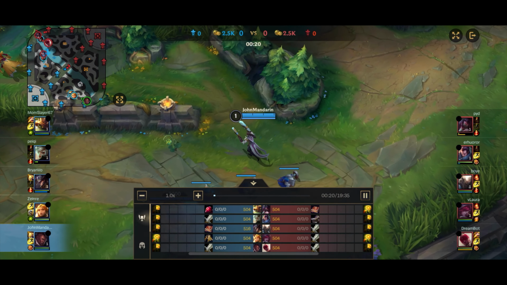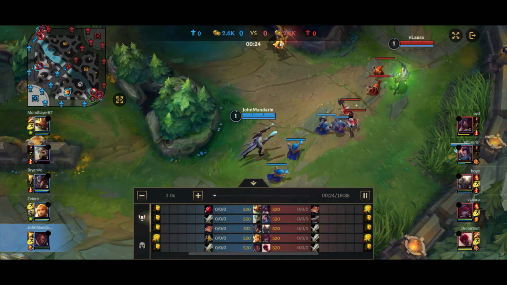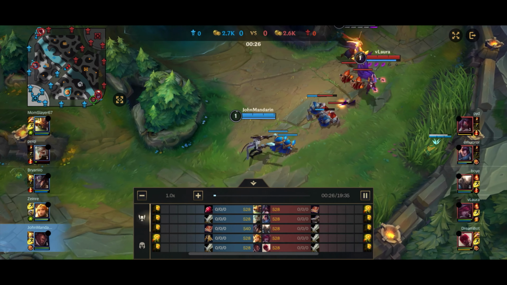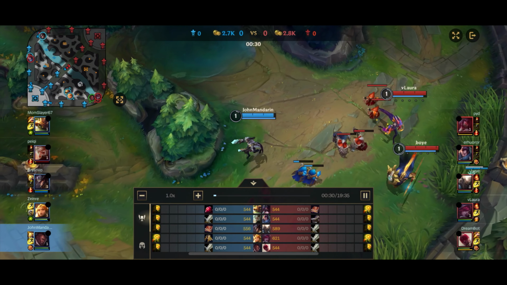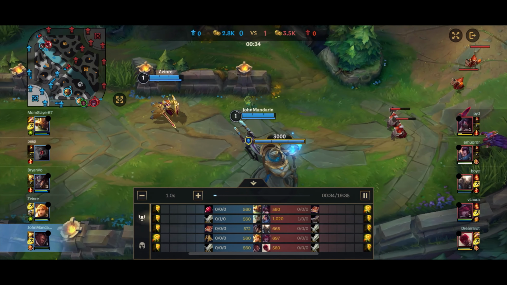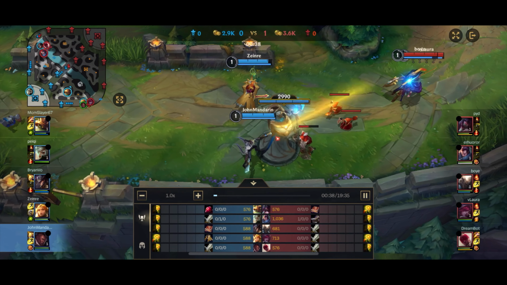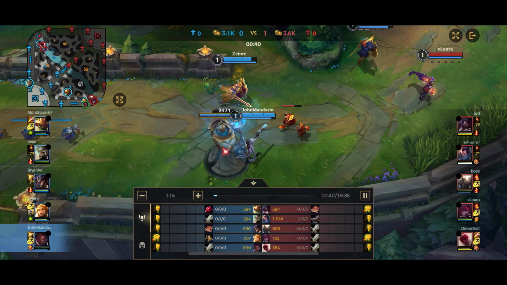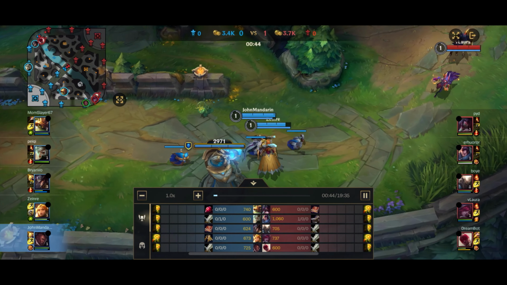These builds will change, especially since in the dev diary they already announced that new items are coming, like Essence Reaver for example, which will definitely be built by Lucian. So the builds will definitely change for all champions when that happens, but this is going to be the most updated as of now. I'm also going to have a fasting Senna video coming out after this, and